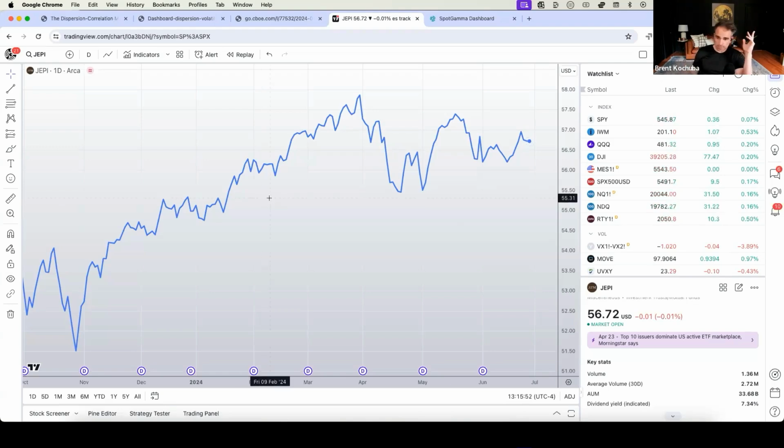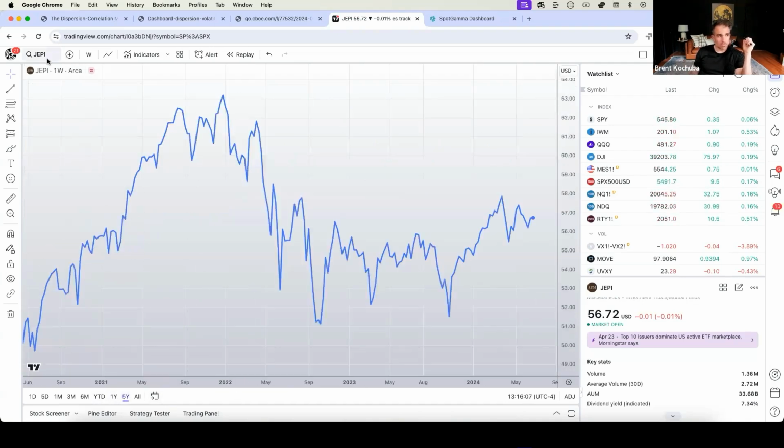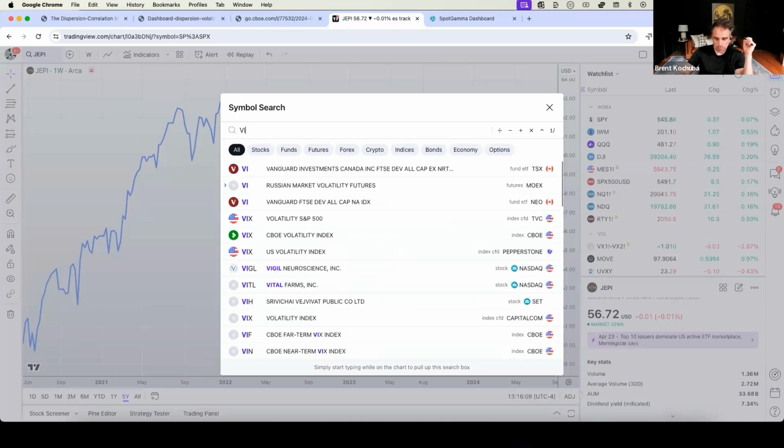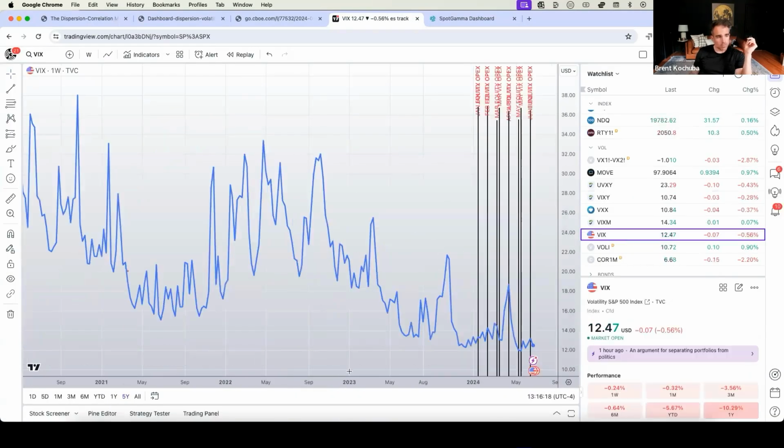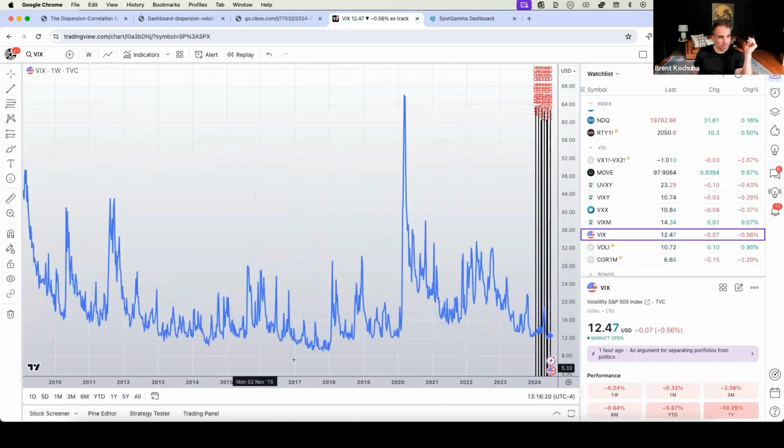Because you can even go back to the March of last year where we had those banks fail, and you could argue like the S&P, yeah, it was down, but it wasn't like all hell broke loose, right? So how do you get the Volmageddon move? Volmageddon was a forced unwind of these VIX ETPs and the short vol complex just writ large, right? What are some of the things that can happen that create that move, right?